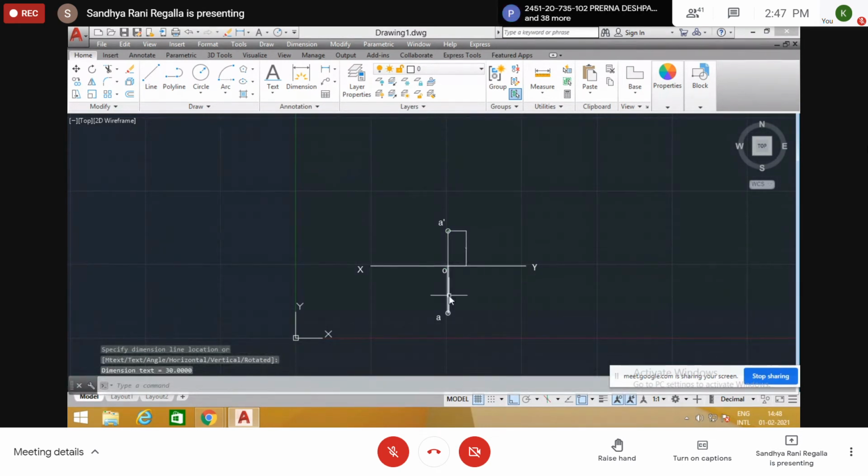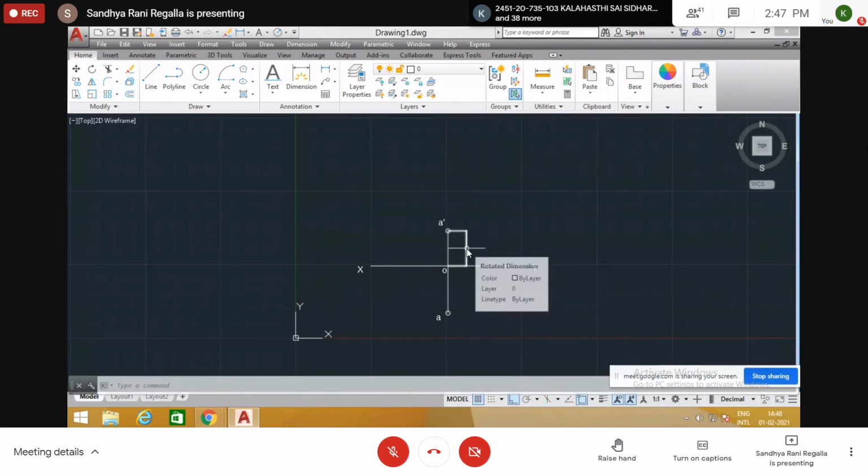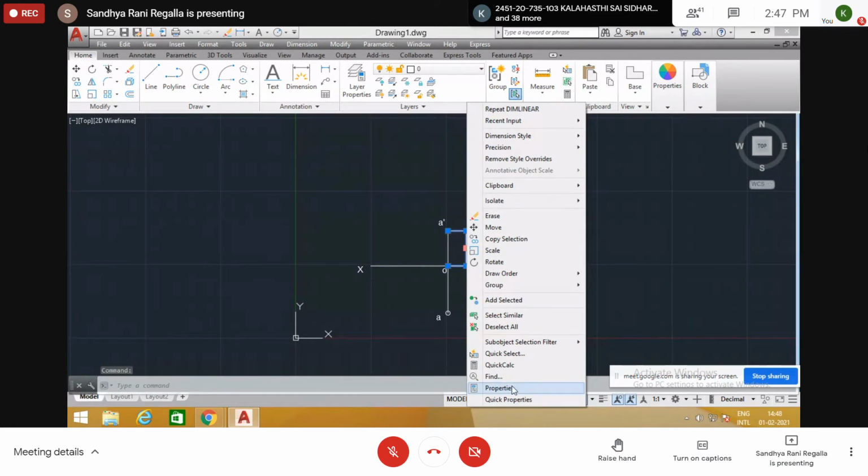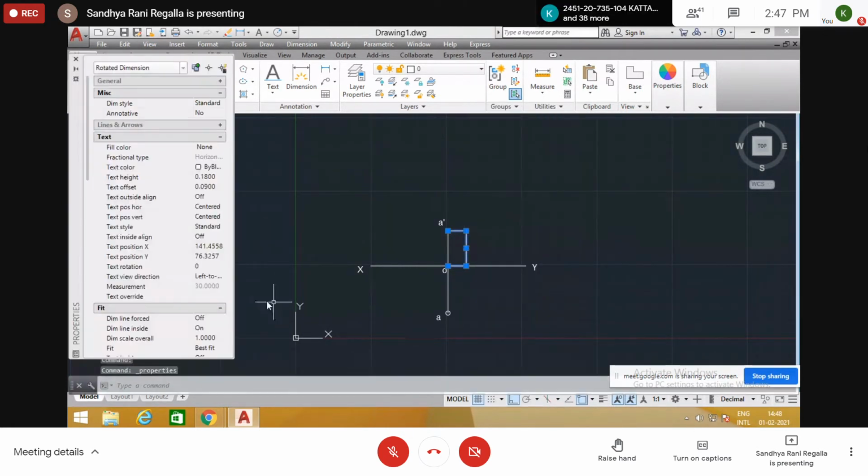Again, this is not visible. So if you click on this and right click, properties are there. In this properties, text height is 0.18. We can change here to 5.